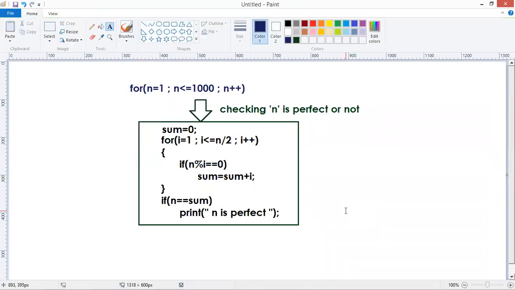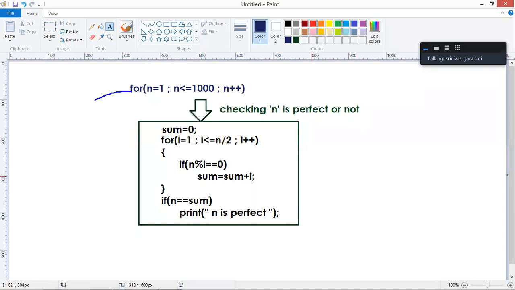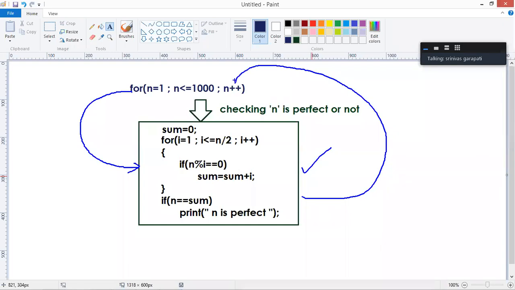So first n value 1. Using this code, it will check whether 1 is perfect or not. Next, it will go to the outer loop, n value becomes 2.